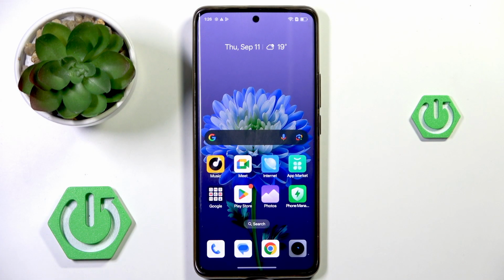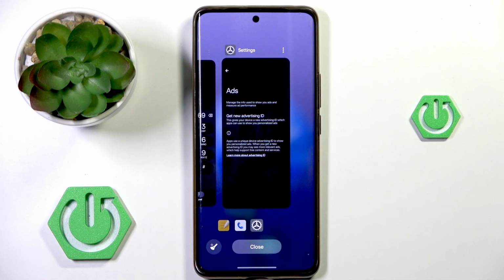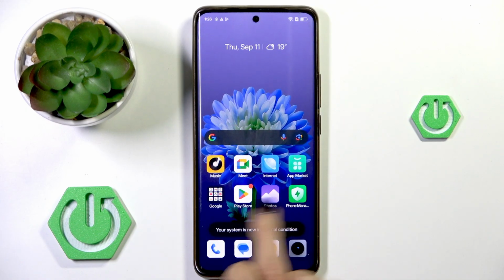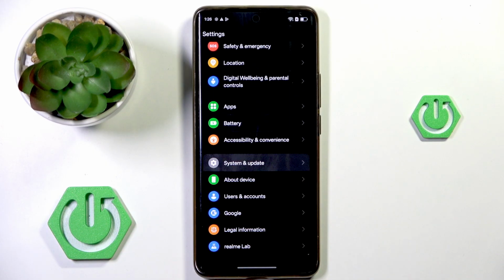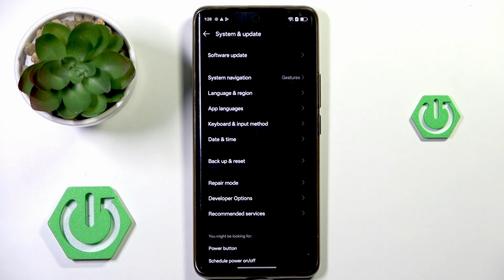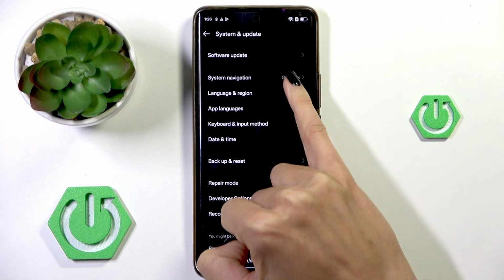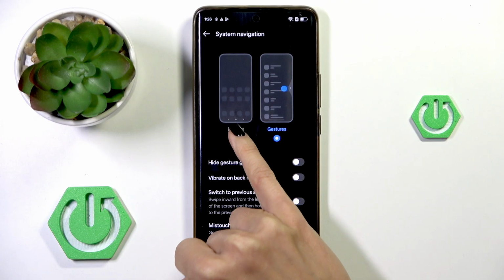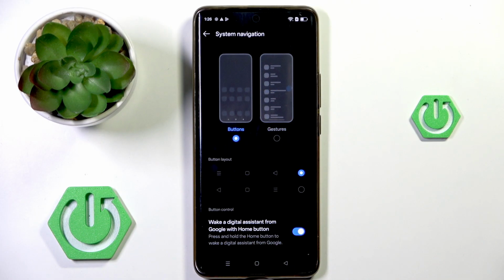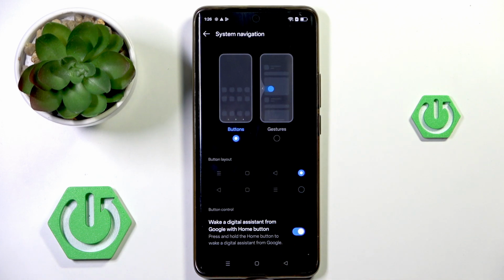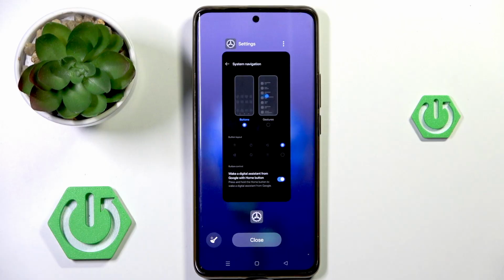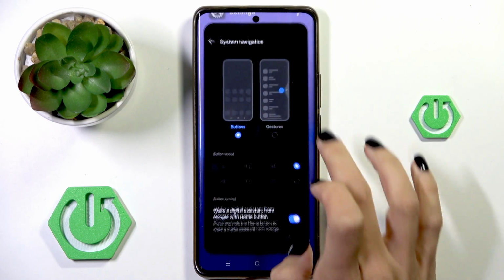So once you want to switch, in my case gesture to button navigation, just open the settings, then find and select system, and here you will notice system navigation. And now just mark buttons. As you can see, they appeared right after you mark it. You can pick the layout, and when you wish to switch button to navigation, just mark